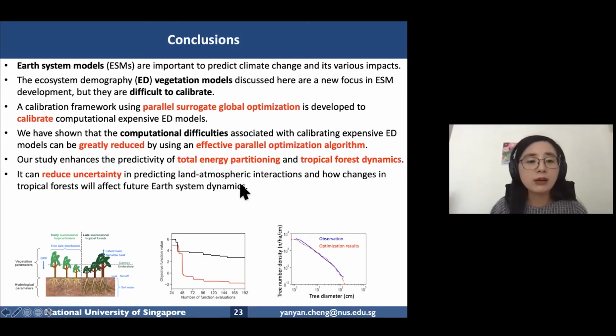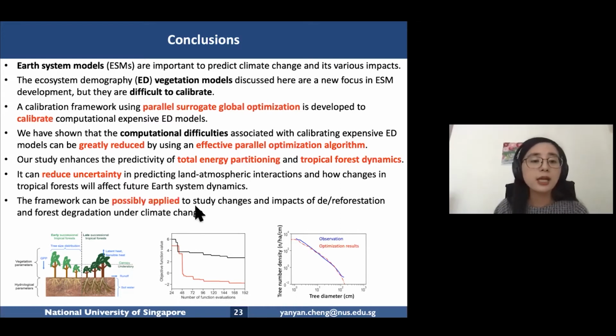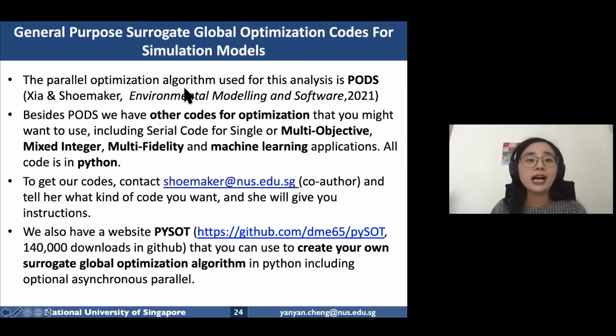This kind of result can help to reduce uncertainty in predicting the land-atmosphere interactions and also how changes in the tropical forest will affect the future system dynamics. And also this framework is very flexible and can be applied and extended for many other aspects of climate change studies. And in the end, I also would like to draw your attention to the global optimization codes that